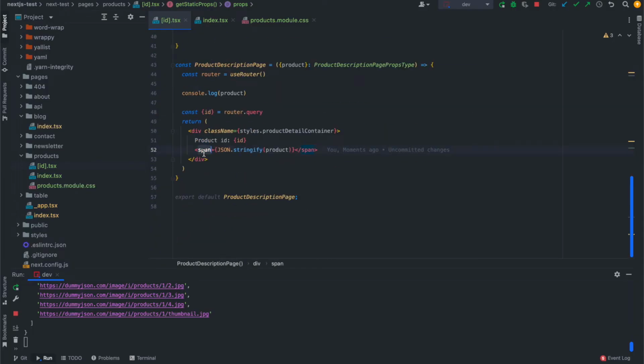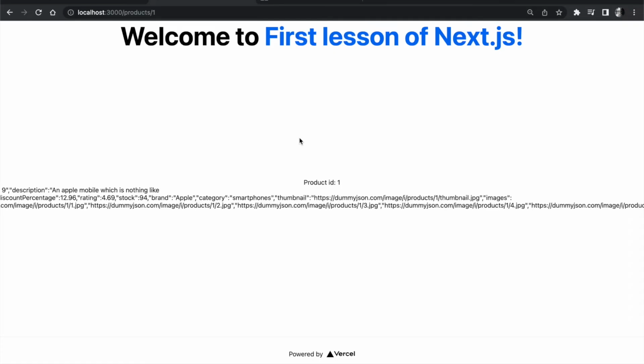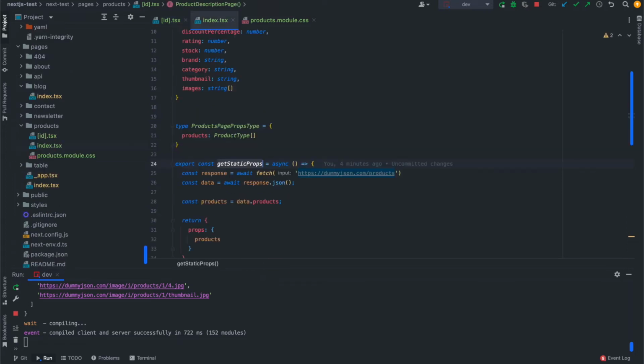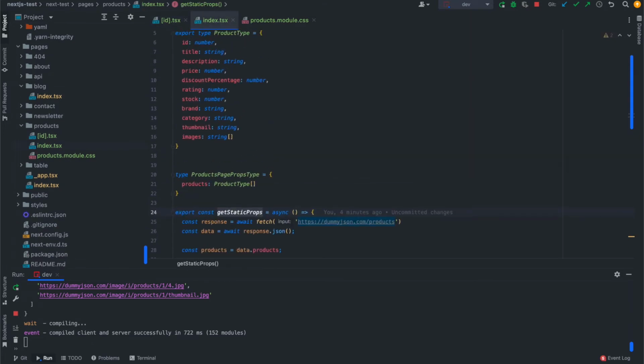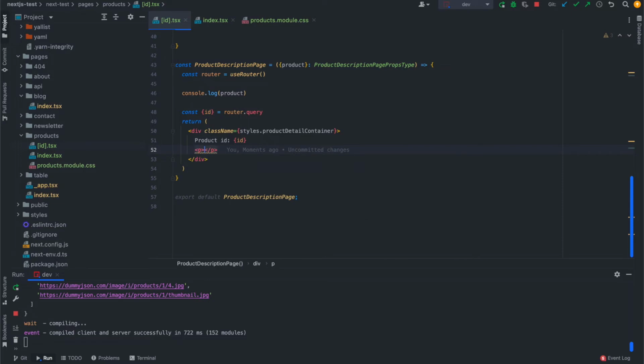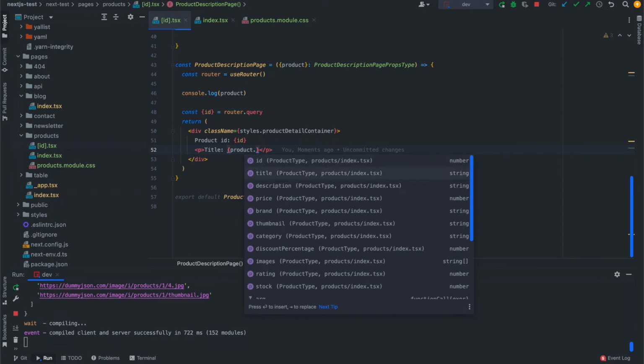I will put all of these into the div, and now I will add, so we can actually remove this one and we can start adding the product details directly here. So let's call a paragraph here, and we can say the title of that element is product.title,